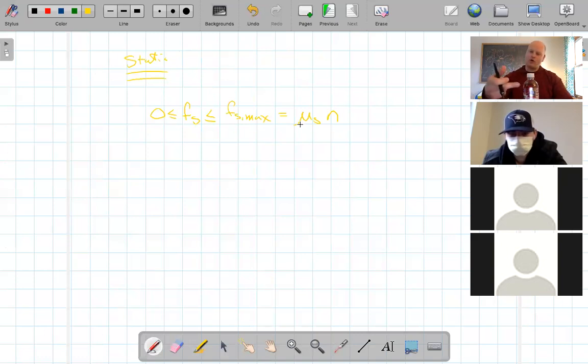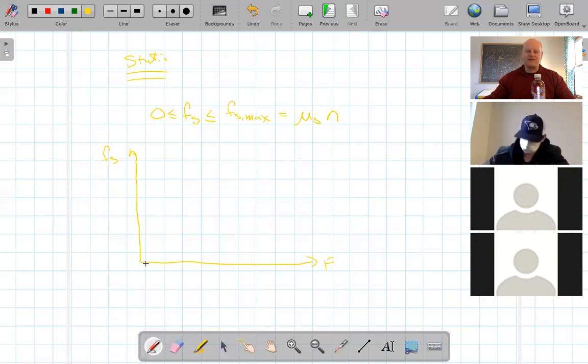But that's not reality. Right? So that means if I have no other force acting on this object, there is no static friction because it's not necessary. So what this basically means is, if I was applying a force onto this, and I looked at the static friction, if I have 0 force, I have 0 static friction. But as I start to apply more and more force onto it, the static friction must increase, increase, increase until eventually it reaches this maximum value,